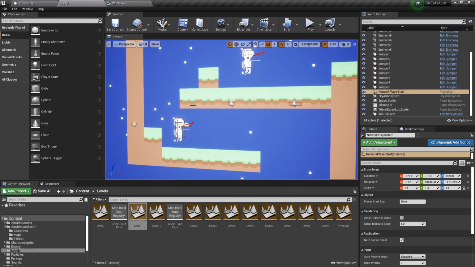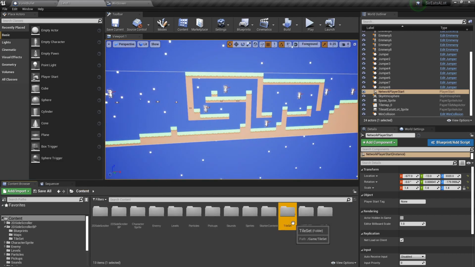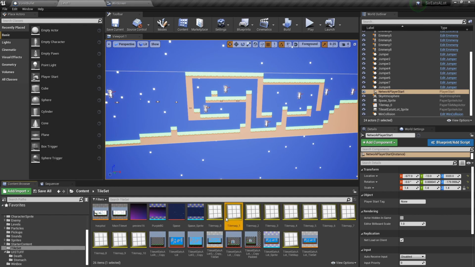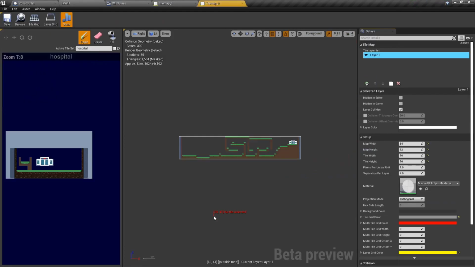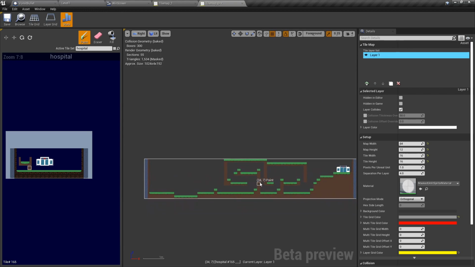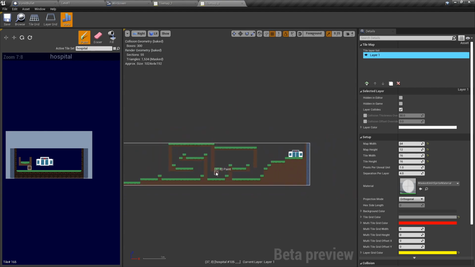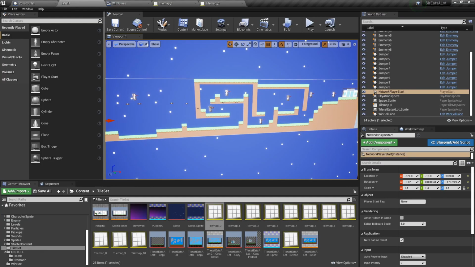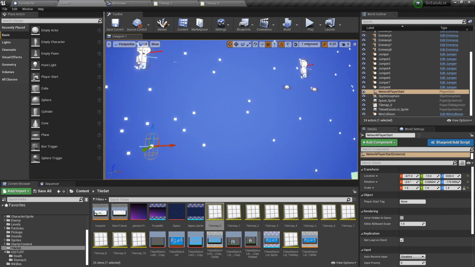I need to fix that. And now actually the tile set. I forgot I did these two in reverse by accident. Okay. That's that. Also, all the levels are quite basic, and there's not going to be that many enemies on each level,